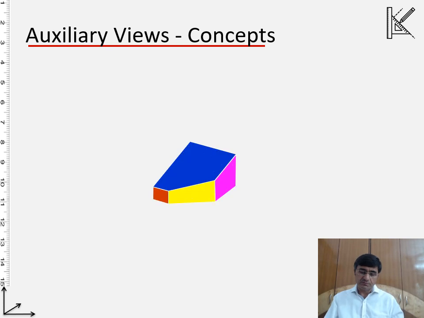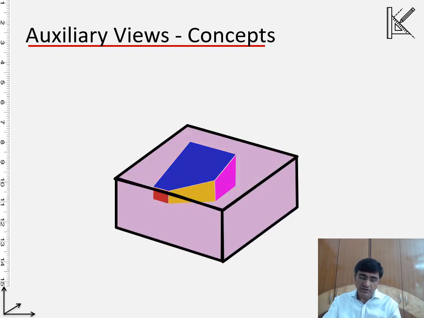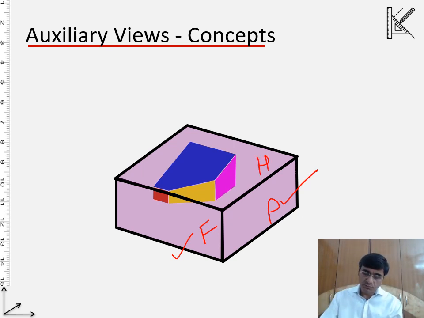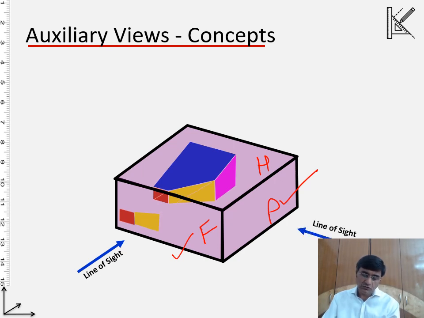So if you go further from here, we have an object, and the same object we are projecting onto the planes. So again, we have the frontal plane, that's the profile plane, and that's the top plane or the horizontal plane. And let's project it. So if I project it, that's the line of sight. So the part is being projected, and it's an orthographic projection. So that is how the projection will appear. Now on the profile plane, again I can project, and that is how the projection will appear.